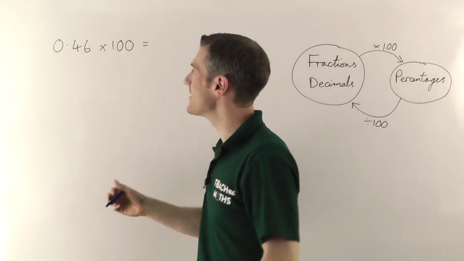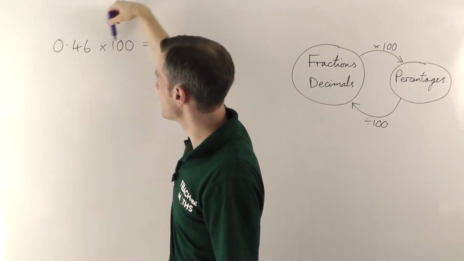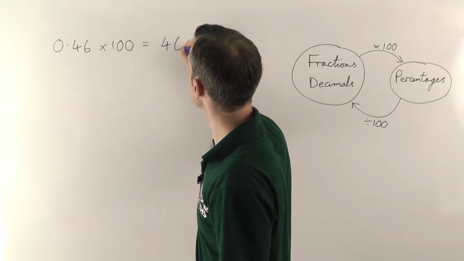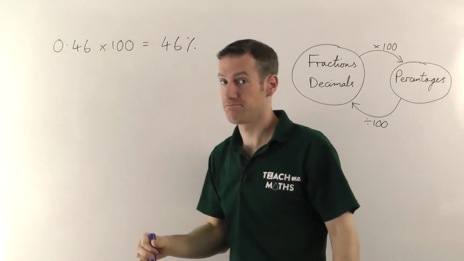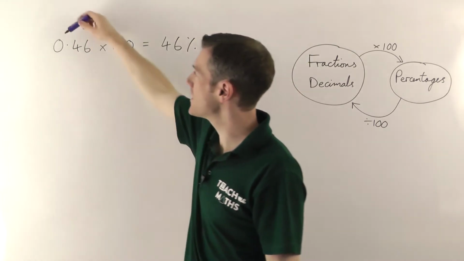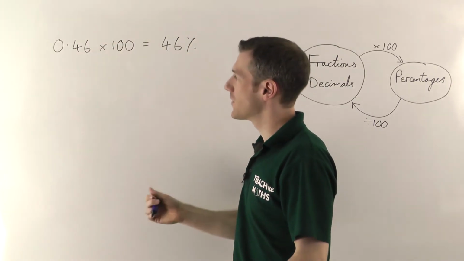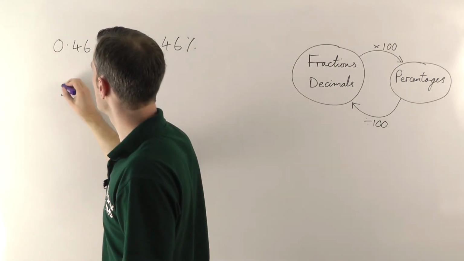As a percentage, you just move the decimal point, if you're timesing by 100, 2 times to the right. So that's going to give you 46%. That's it. Yeah, so you just move the decimal point 2 places to the right, because you've got to times by 100. If you've got a percentage, let's say you've got